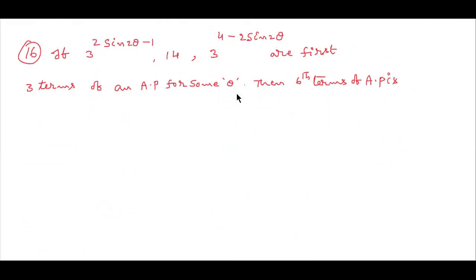See this, the 16th one. If 3 power (2 sine 2 theta minus 1), comma 14, comma 3 power (4 minus 2 sine 2 theta) are the first 3 terms of an AP for some theta, then the 6th term of the AP is